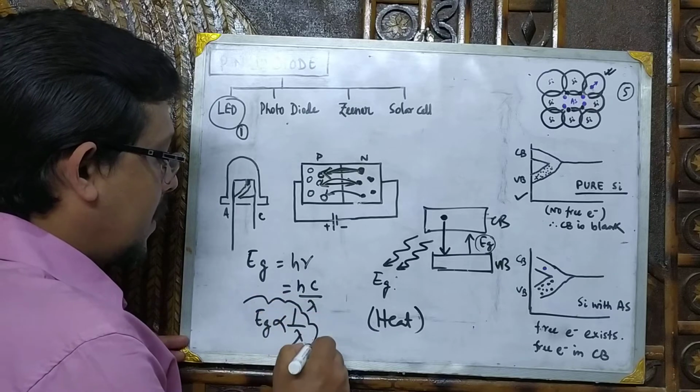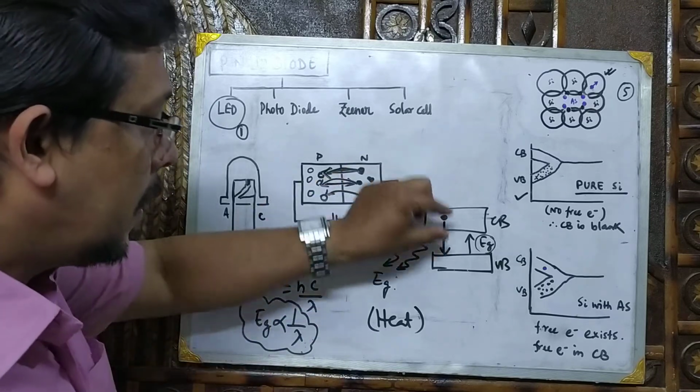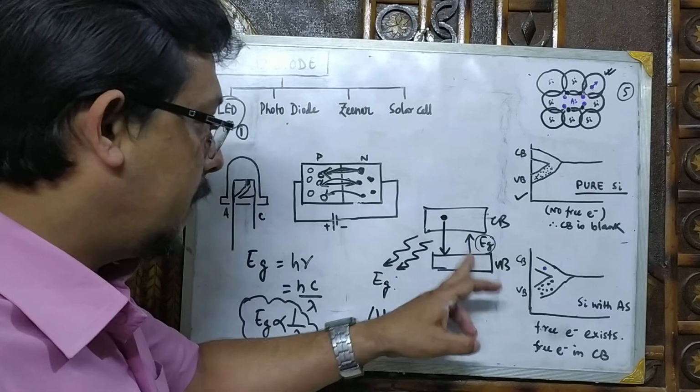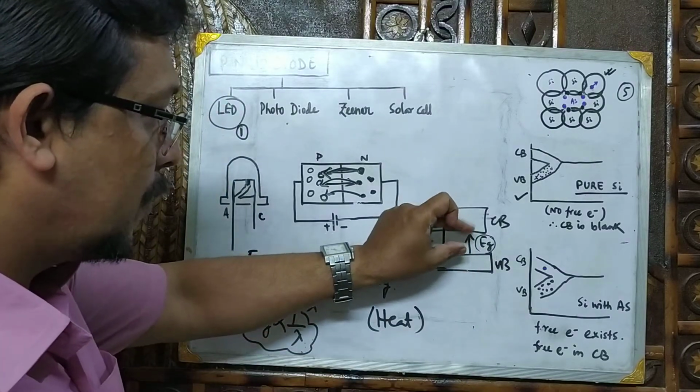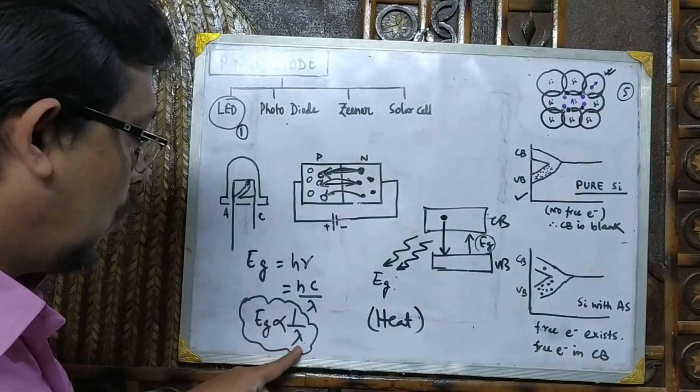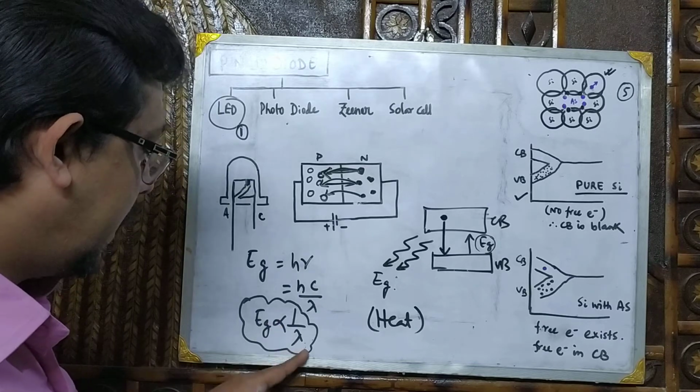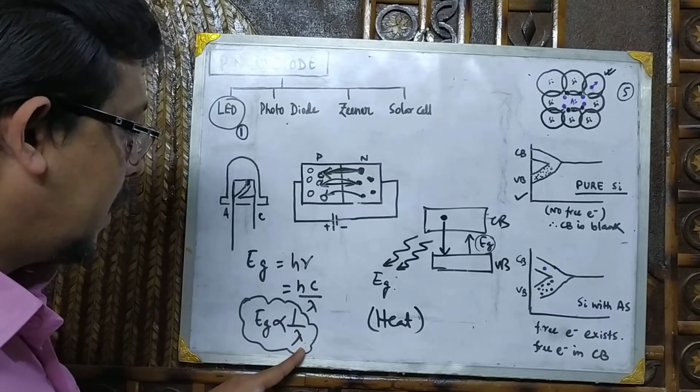That means it depends upon the energy gap between the two layers. In a semiconductor PN junction, the energy difference may be different. It depends upon the energy. We get different wavelengths of light, maybe red color, blue color, any color light we can get from here.